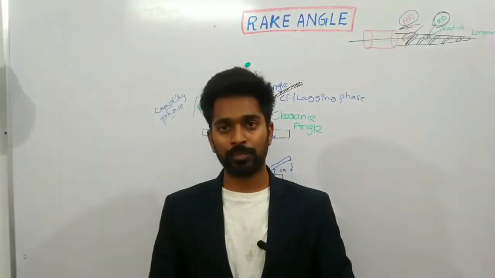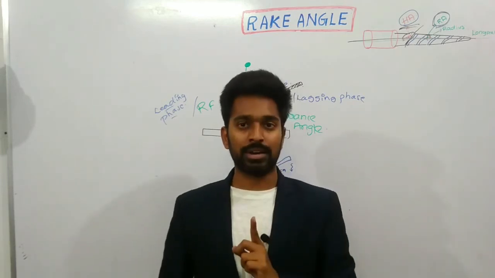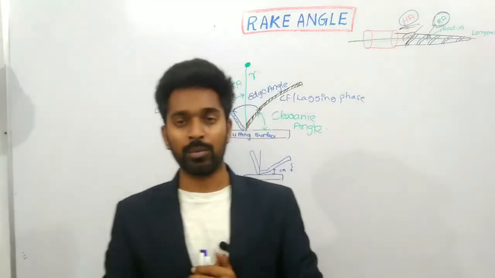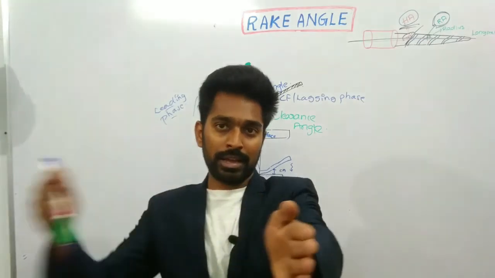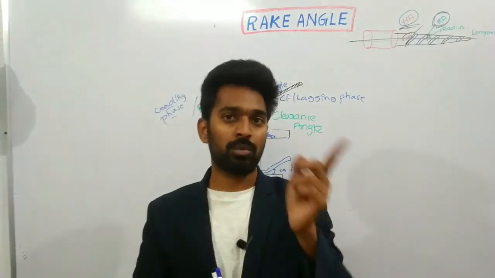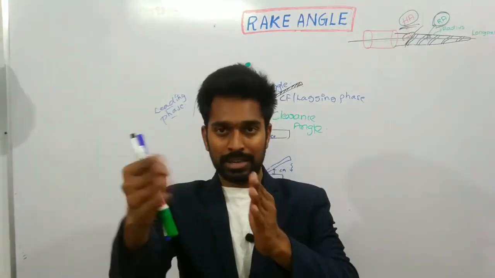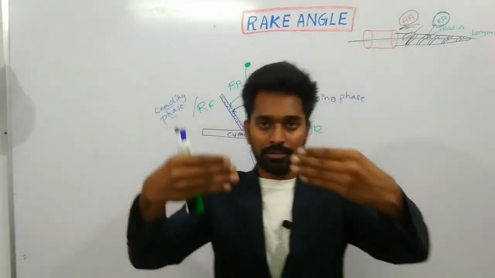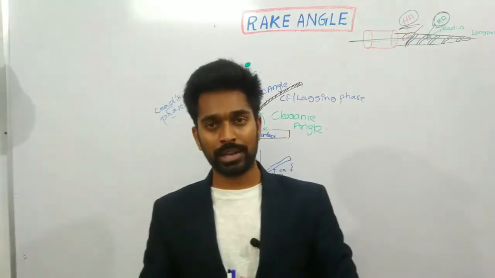So to conclude, if the angle is formed between the long axis of a file and the cutting edge, this angle is called the helical angle, whereas if the angle is formed between the radius of the file and the cutting edge, this angle is called rake angle. Coming to positive, negative and zero rake angle, if the rake face is ahead of the radius, this is your negative rake angle. If the rake face coincides with the radius of the file, this is called a zero rake angle.